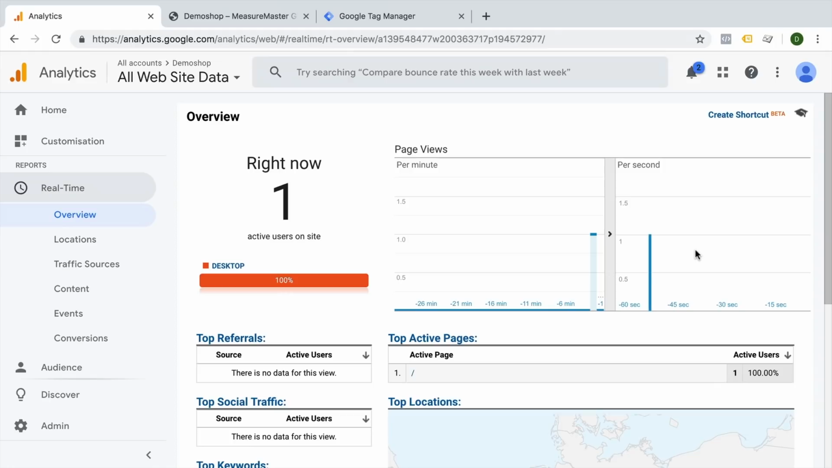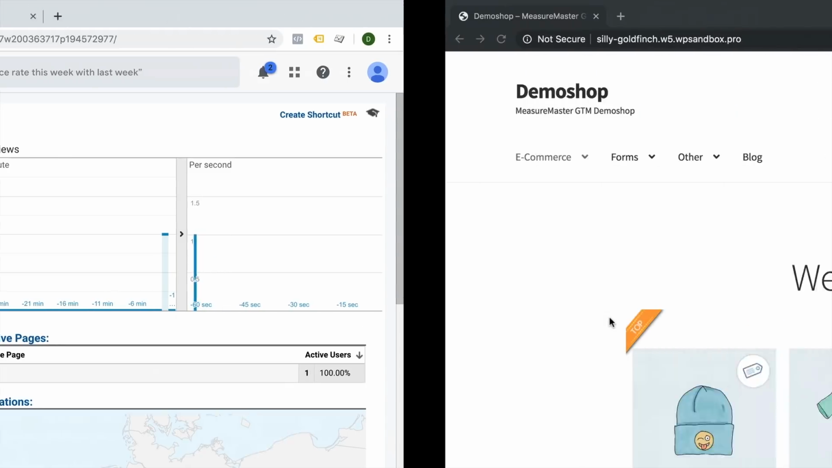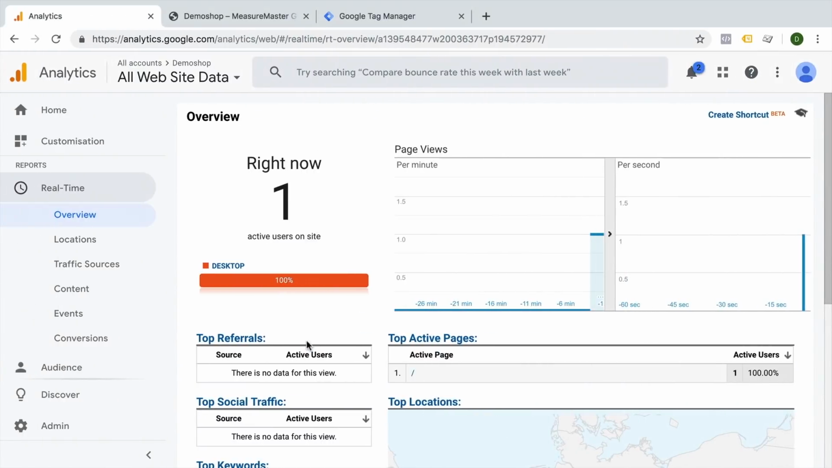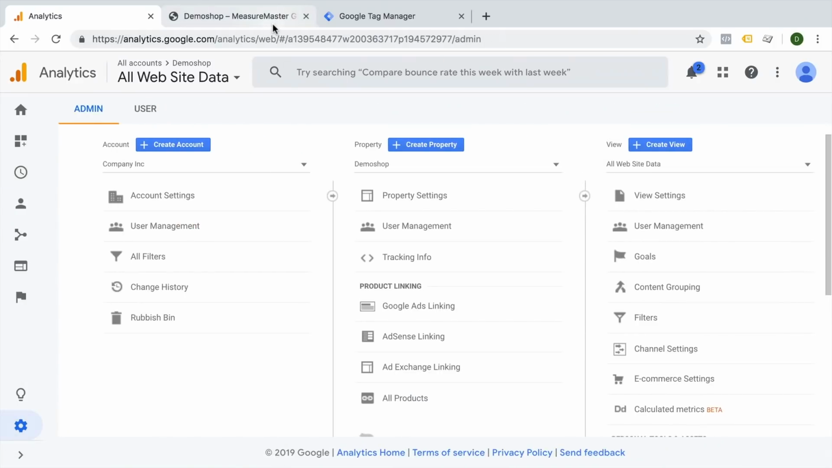So this means that the user that is right now on the website, which is us, has generated a page view. So if we would go to the next page here, we should have another page view enter the picture. So Google Analytics is correctly installed,